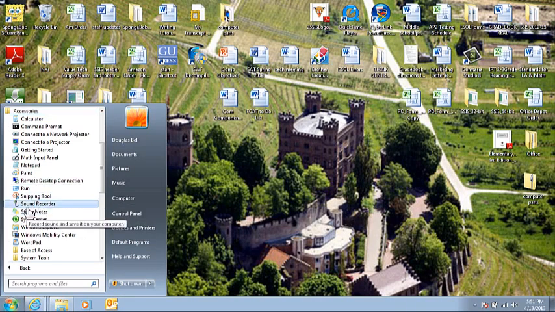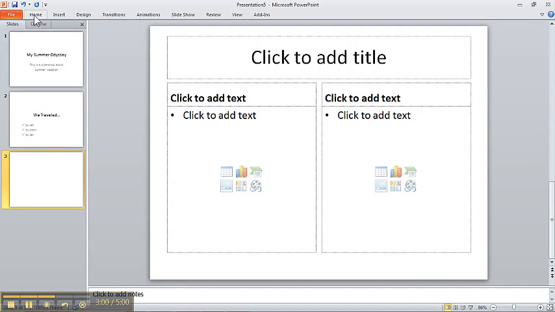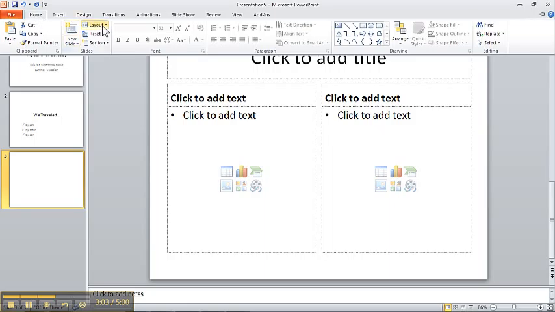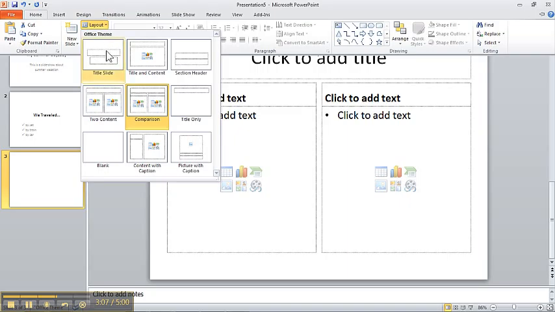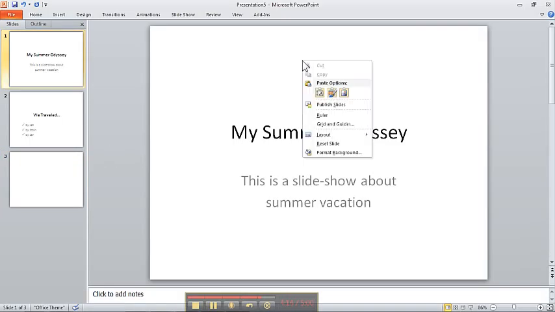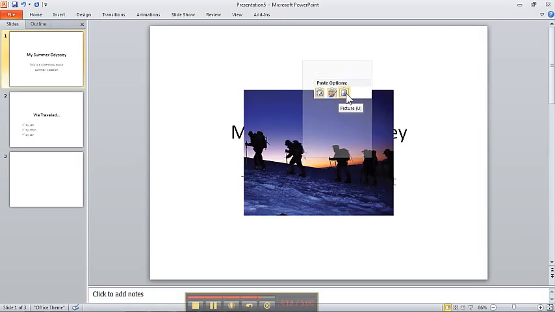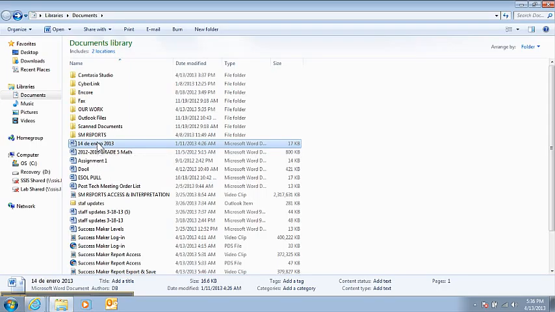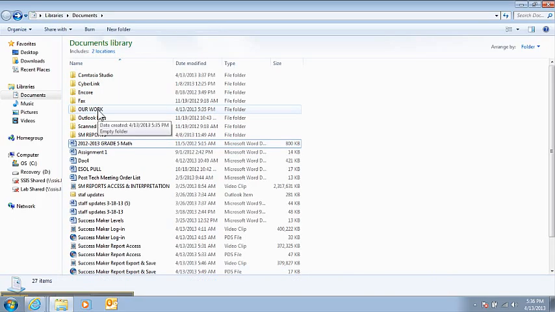And we look for this icon that has a little picture of a microphone. So if I want to change it, I can always go back to home, go to where it says layout and a little arrow down menu, and I can choose a different kind of slide. There's a blank slide, and right click, and I paste. With the left click on this file just once and